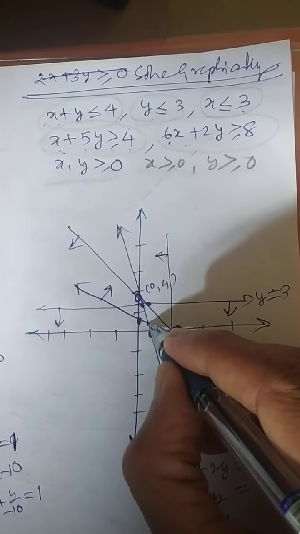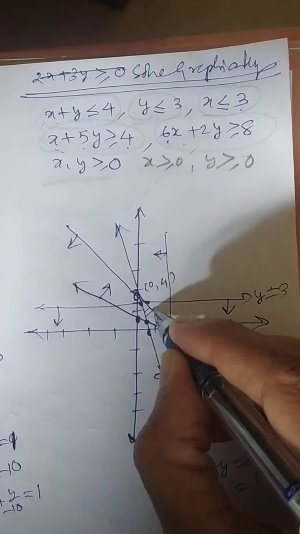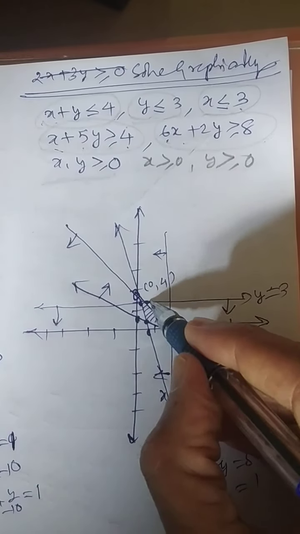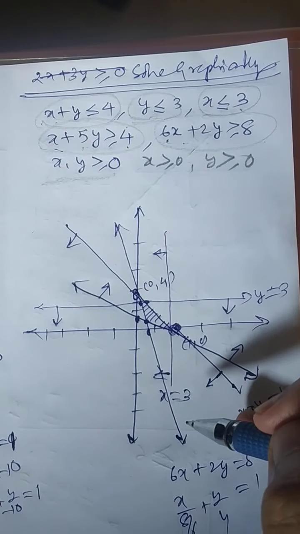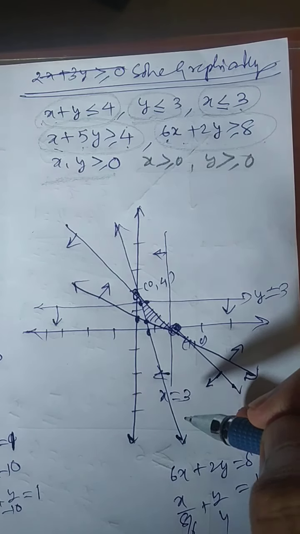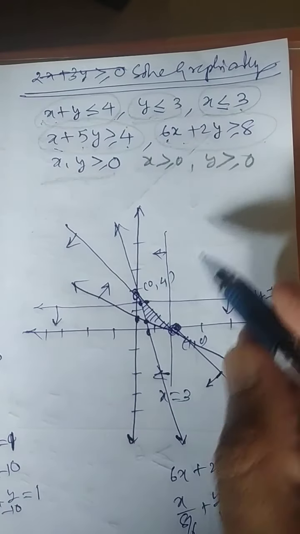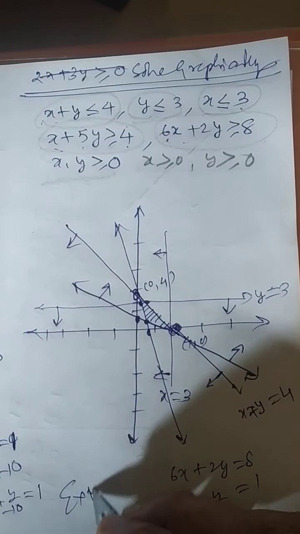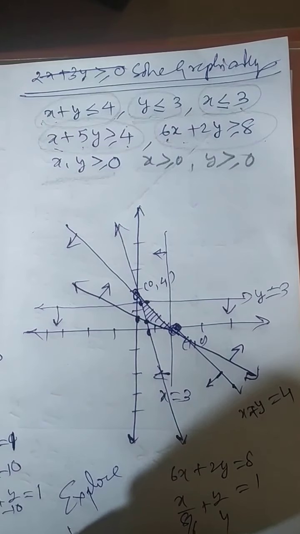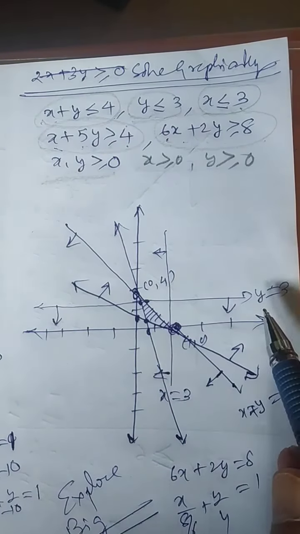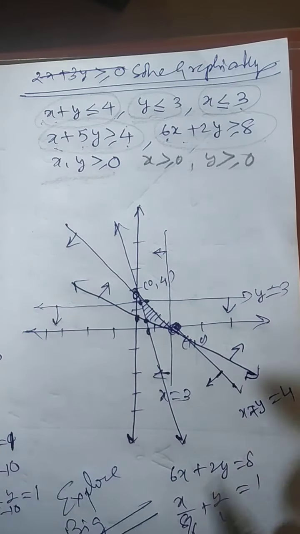Draw a big figure. So this is the point. This will move it. So A, B, C, D, E. These two points, and here also you will get two points. So just explore the figure, draw a big figure. You will get over here a pentagon, a five-sided figure.